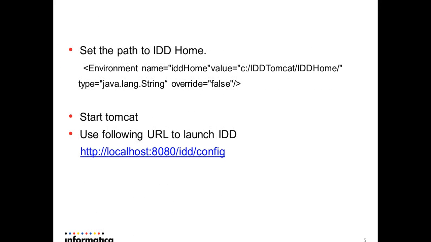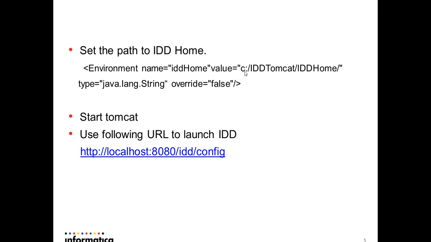Finally, we need to create a IDD home directory. This directory is used by IDD at runtime to create temporary files. The path for this directory should be specified as a Tomcat environment entry. To add this entry, open server.xml file and create an environment name IDD home, and under the value give absolute